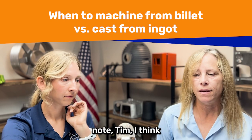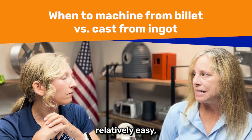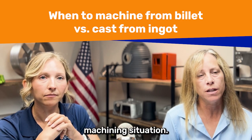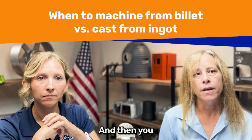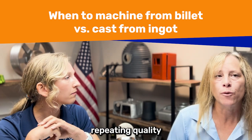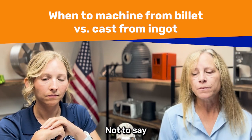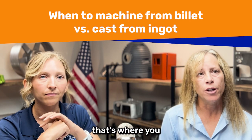On a side note, Tim, I think that it allows the end user to increase the quantities relatively easily, much easier in a casting situation as opposed to a machining situation, just because of the cost of machining in general. And then you obviously have that repeat quality on the casting side of things. Not to say that machining isn't, but definitely when you get to the high numbers,